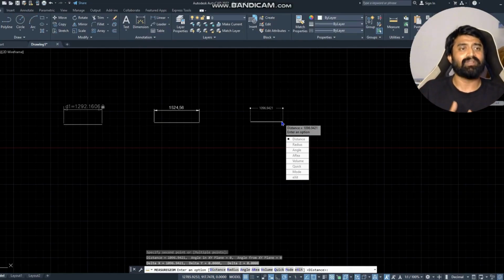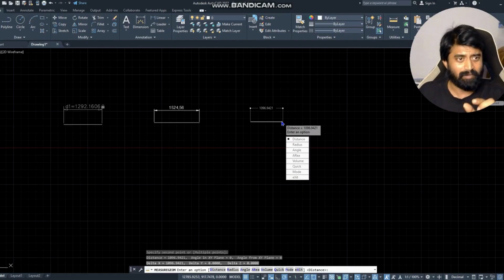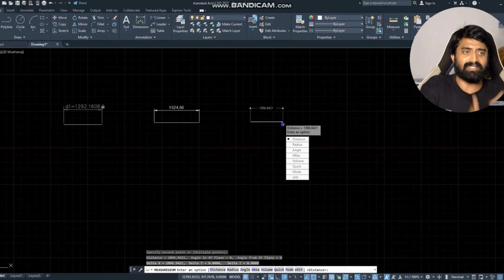At that time, for the client's confirmation, we will go to temporary dimensions, place the dimension, show it, and then it will disappear. In such conditions, the client's dimension confirmation will be cleared and he will see whether the exact dimensions are there or not, and the dimension will not stay on the screen; it will disappear. So the drawing will look clear. For these reasons, we have to use the temporary dimensions. Now we are very clear where we have to use